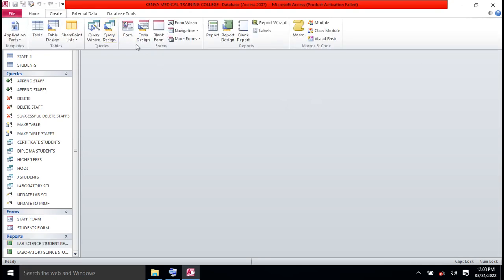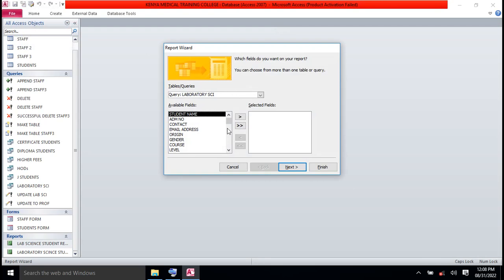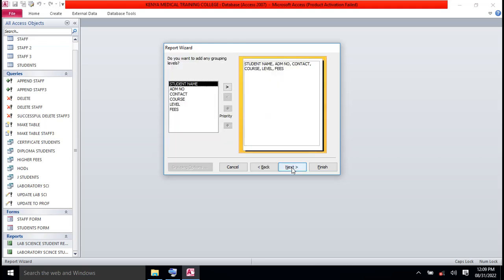You go to create, you go to report wizard, some report there. We want to see student name, admission number, probably contact. We don't see email, origin or gender. We just want to see course and level. Okay, maybe we might be interested in fees, how much they have paid, and then you click next. Let's do the stepped report. You click next, but this time around